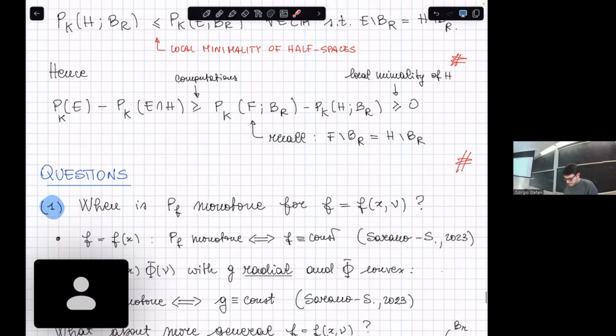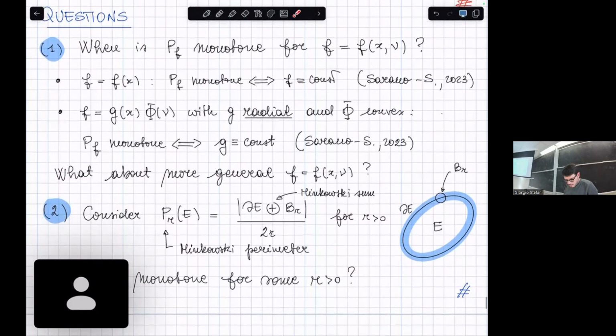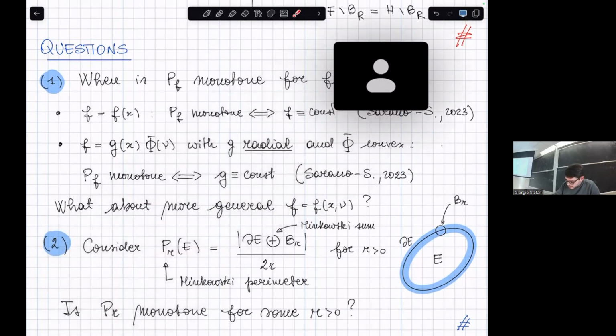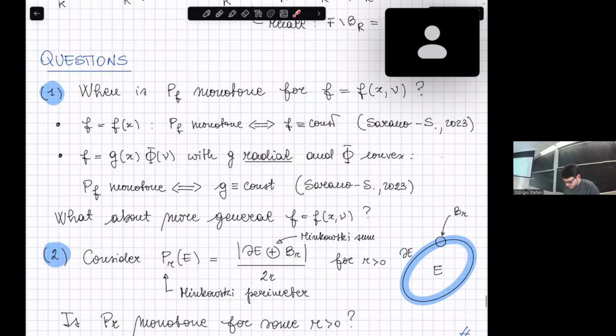Now, time is over, so I will give you some questions. Question, first one. As I said, we know that the weighted perimeter is monotone in this case if and only if F is constant, if F depends just on the position X. Now, if you look at my paper with Giorgio,